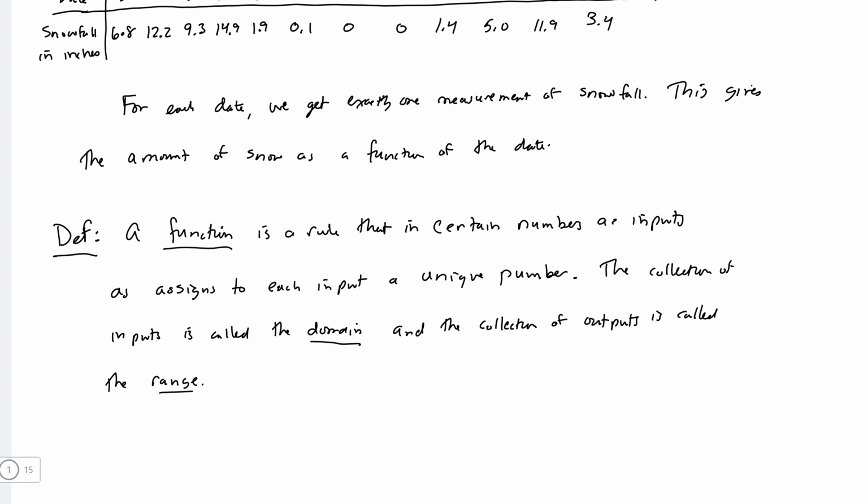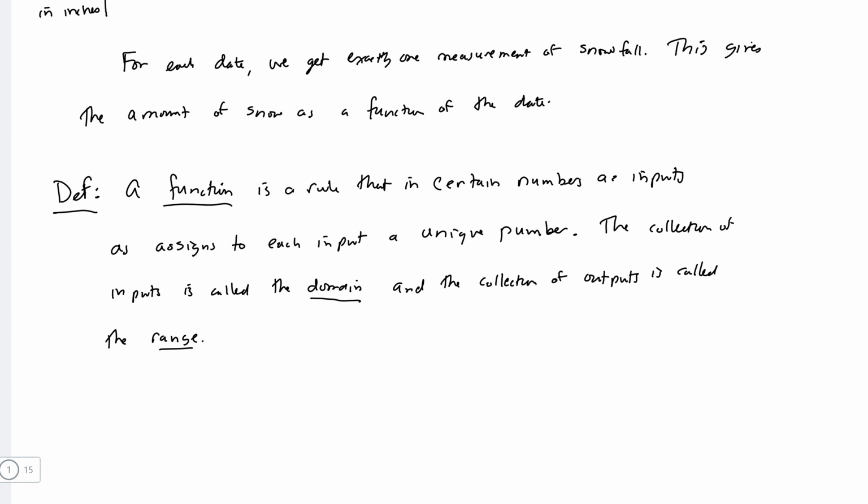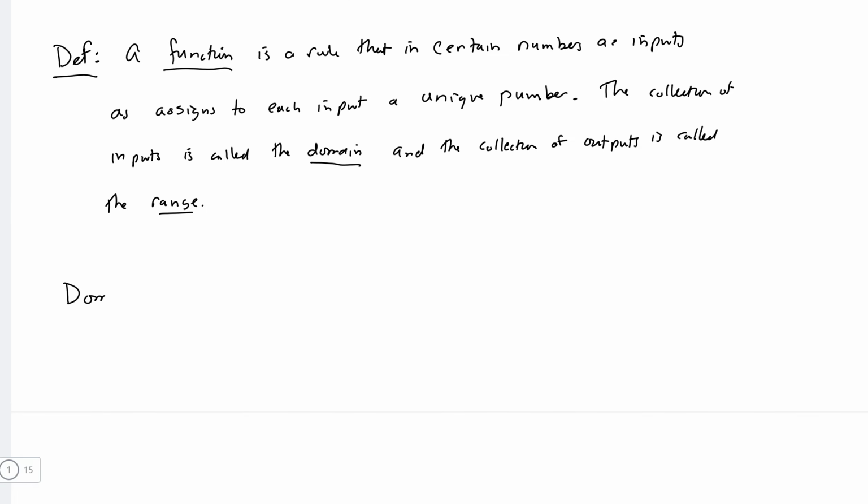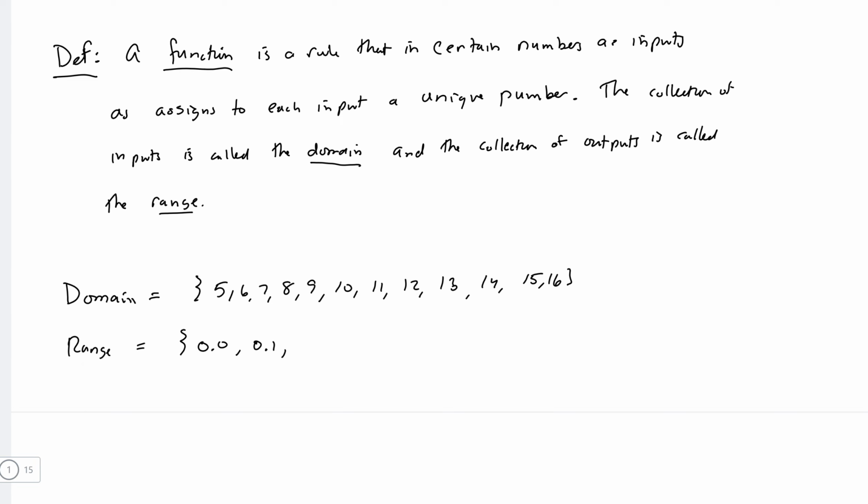So in our example above, we see our inputs are the dates. So our domain for above are just the dates: 5, 6, 7, 8, 9, 10, 11, 12, 13, 14, 15, and 16. And then our output, the range, are just the various values that we can get for the snowfall. So if we order these in increasing order, notice they don't match up with the domain above. I'm just writing these in increasing order. These are the different possible snowfall